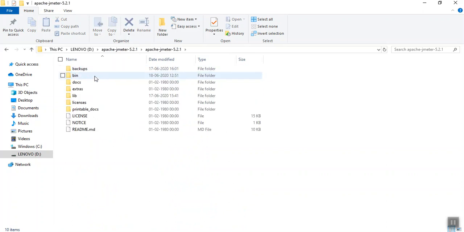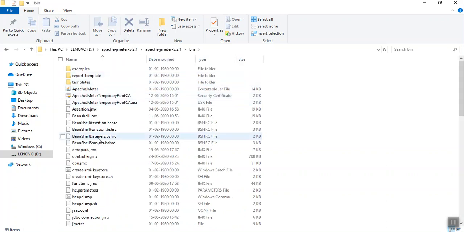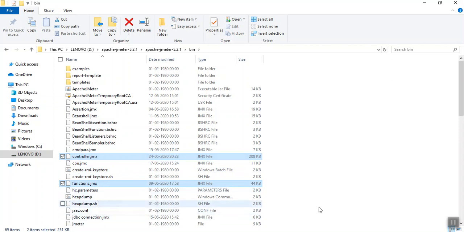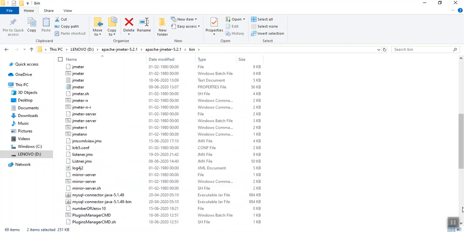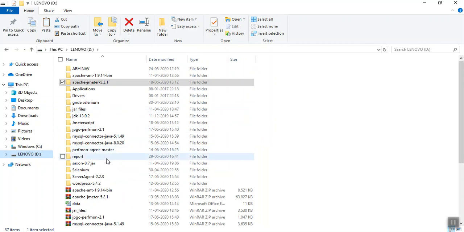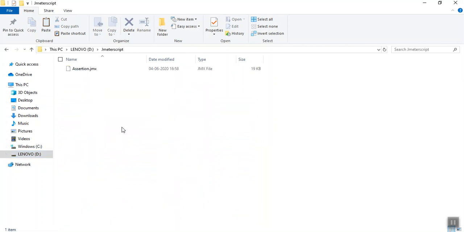Okay, JMeter, go to bin. Let me take two or three files. So let me take the sampler, let me take controller, and let me take functions. Okay, copy it, go here, go to our JMeter scripts, paste it.